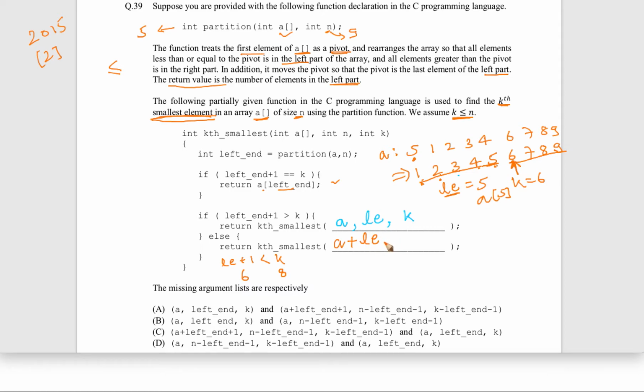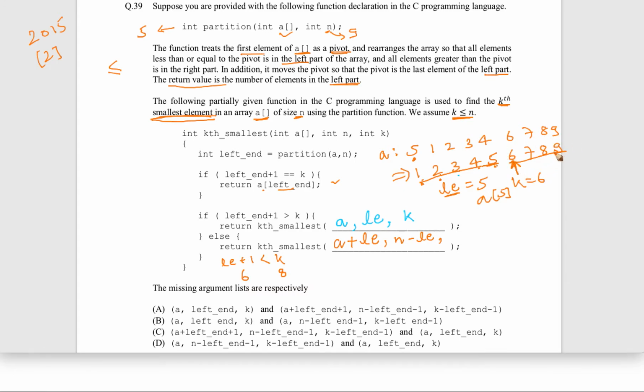Okay, now what is the second argument? See, the second argument is basically the number of elements. So earlier there were n, now the left end 5 elements are gone, so now it will be n minus le. Clear? Now the third argument: let's say we are trying to find the 8th element, but the first partition has 5. So what is the kth element which we are going to find here?